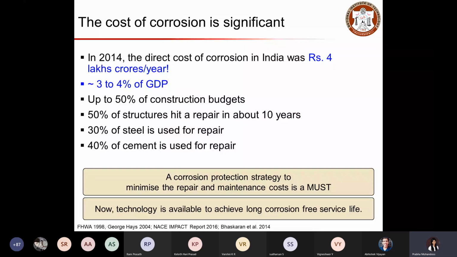There are technologies available in such a way that we can meet this goal, where we can expect our structures to serve for a longer duration without getting affected by corrosion. So we can look at those strategies: what are the things that we can do to prevent corrosion so that we can enhance the performance of the structure?